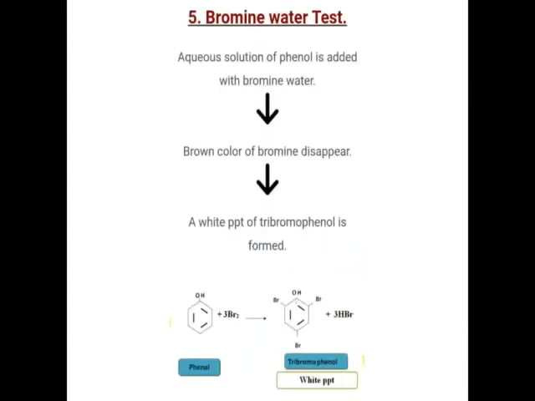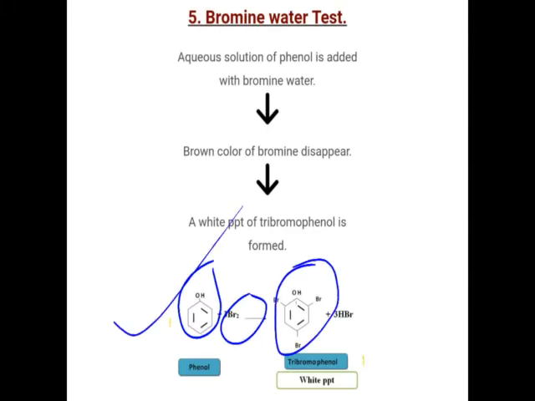And then for the bromine test, as we already studied, phenol interacts with bromine in the presence of water, that is, bromine water. It forms tribromophenol. So please go through this reaction; we have to learn it by heart. This tribromophenol has a white color. That's why we get the white precipitate when the bromine water test takes place. So in this way there are different tests and different reactions. Please go through the tests, and you have to learn the reactions by heart.